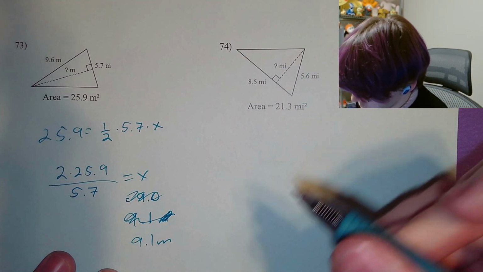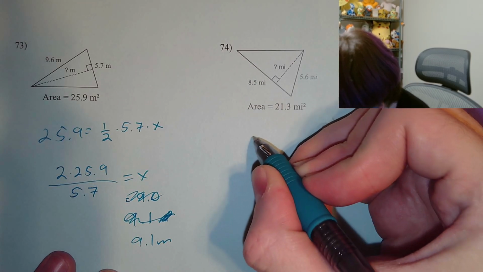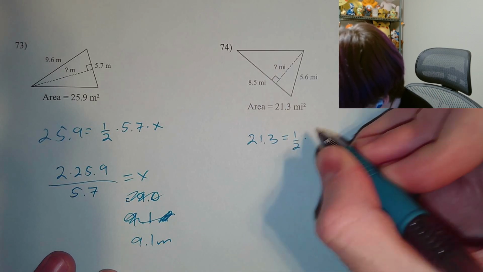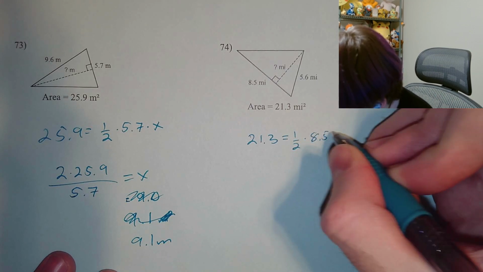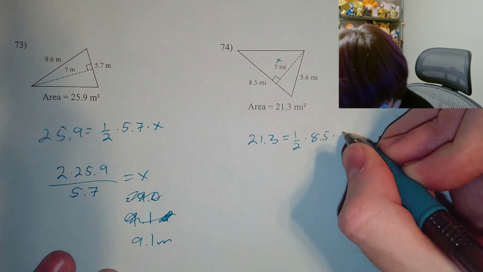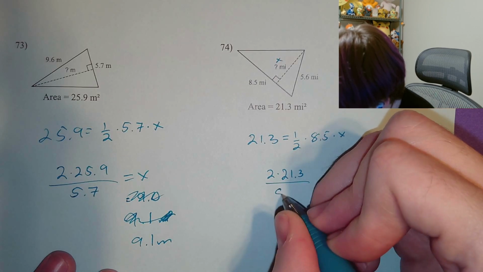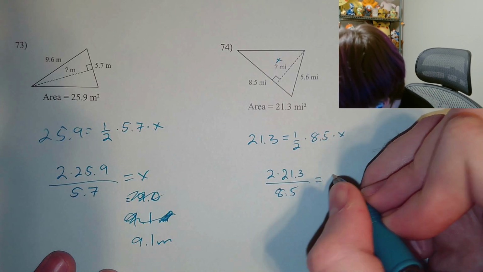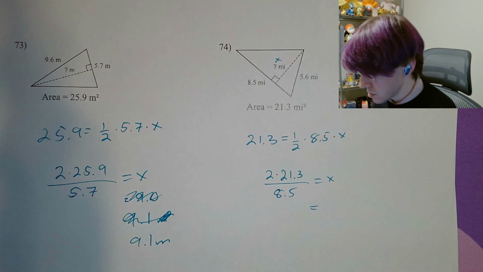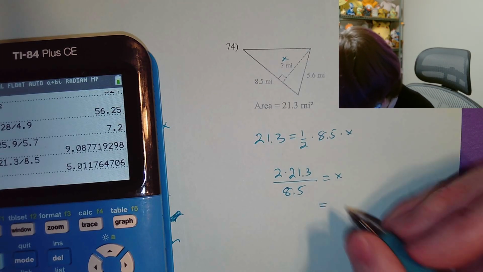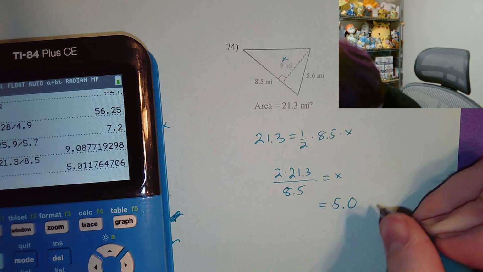We have one more area question. That's a 1/2 base times height idea. So our 21.3 is going to be equal to 1/2 times that 8.5 times that letter x, 2 times 21.3 divided by 8.5 equal to x, or in other words, 2 times 21.3 divided by 8.5, and you get 5.0